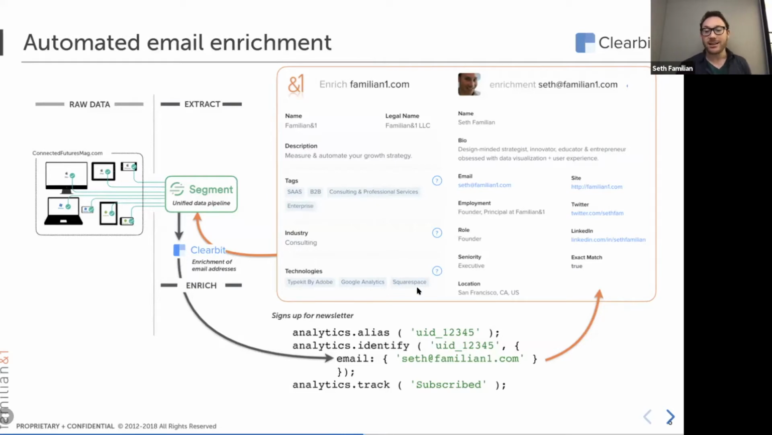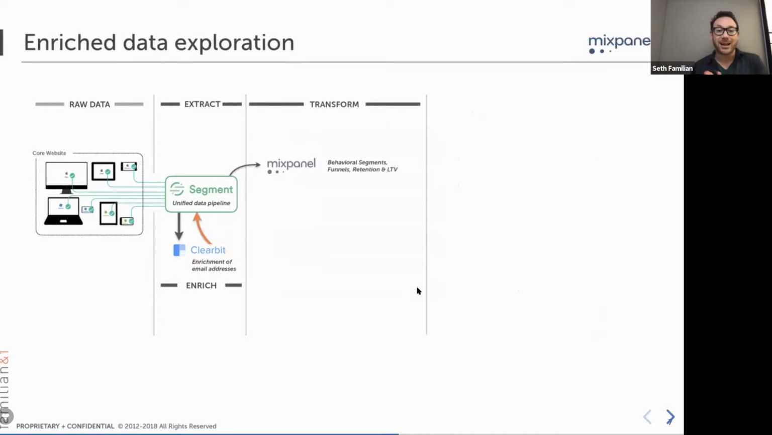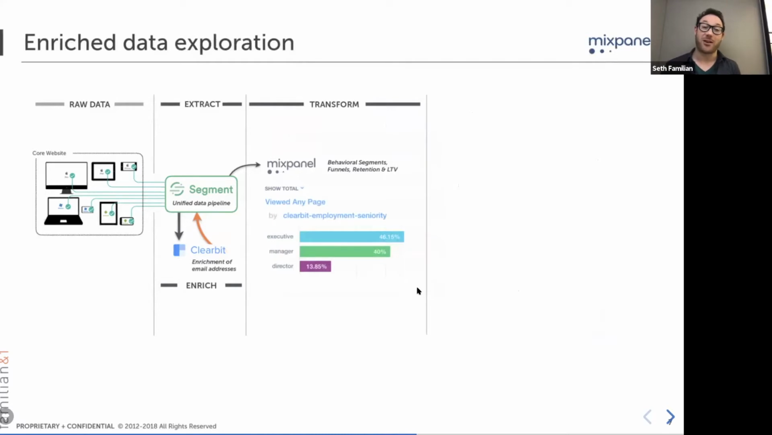So for instance, let's say I'm interested in understanding the seniority of the people who are viewing content on this website. And for a little context, let's say the website is a thought leadership website, which is targeted towards executives, right? So we're trying to figure out how many of our total readers are executives, what share. So if I send the data down to Mixpanel, which helps me do this kind of analysis, I can run a really quick query and it says, show me the total number of any page view by Clearbit employment seniority. And sure enough,